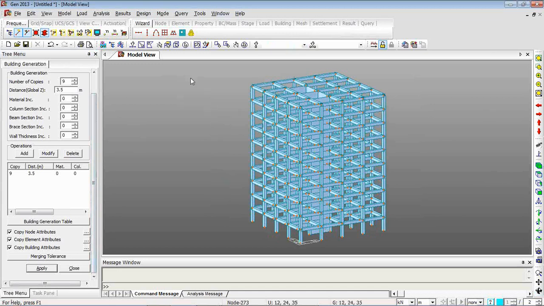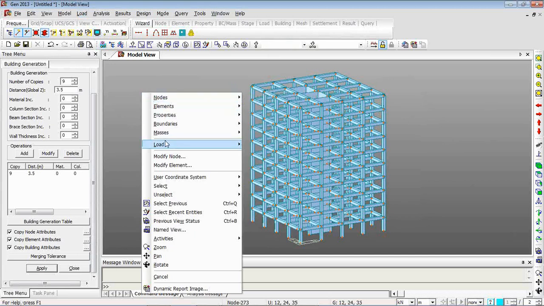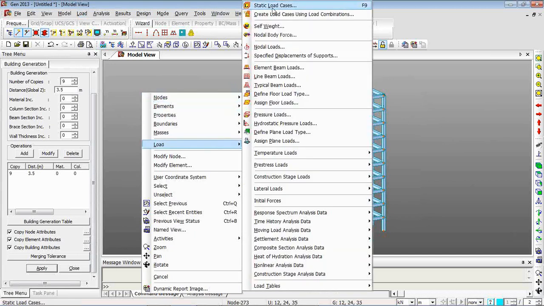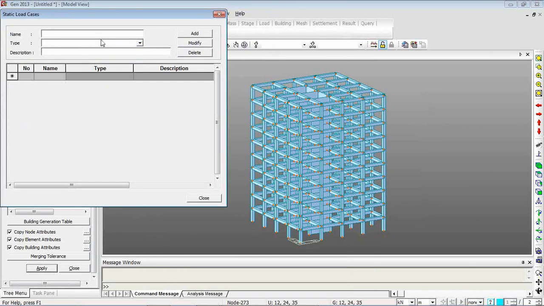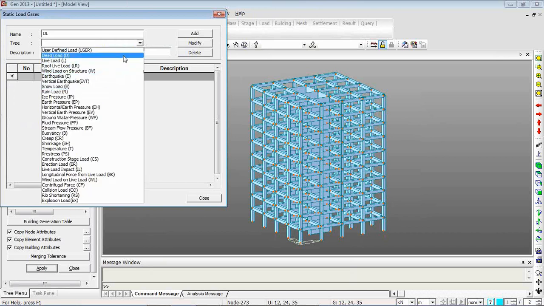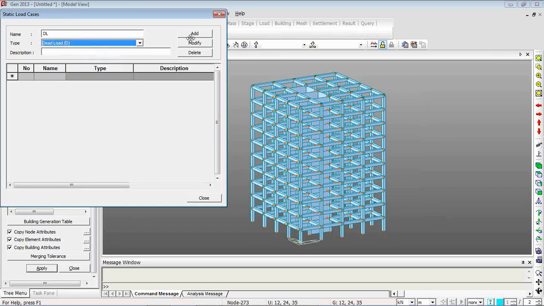So now we need to apply the load cases. To do that, right click, go to load, and select the static load case option. So here we can enter the dead load, and we have many load cases available, like the dead load and the live load, which are the basics, and going on to the advanced loads, such as the construction stage load, the centrifugal force, the explosion loads, and the earth pressure, rain load, snow load, and a variety of load cases. So we select dead load, we select live load,